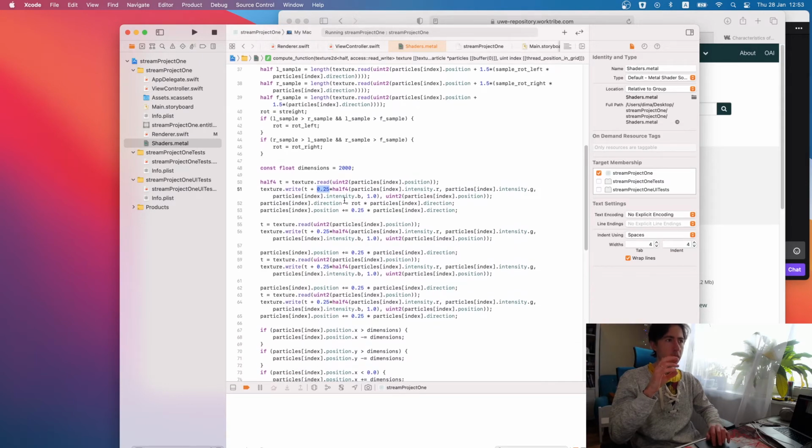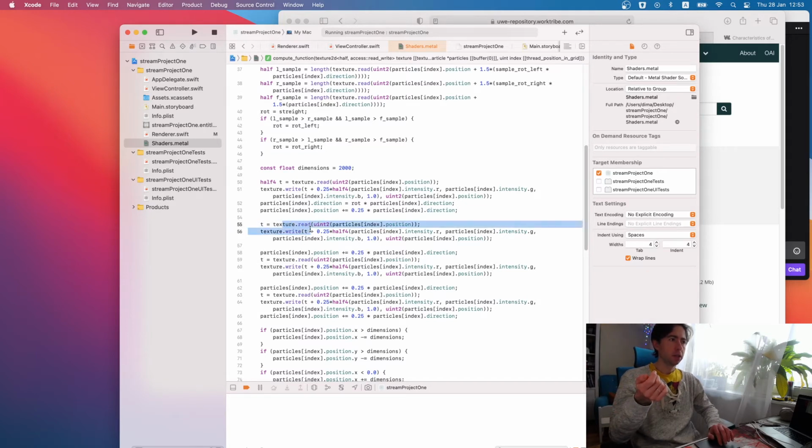I add 1/4 of the intensity, and I rotate the particle, and then I move it forward by 1/4 of its direction, or actually it should be called the speed vector.